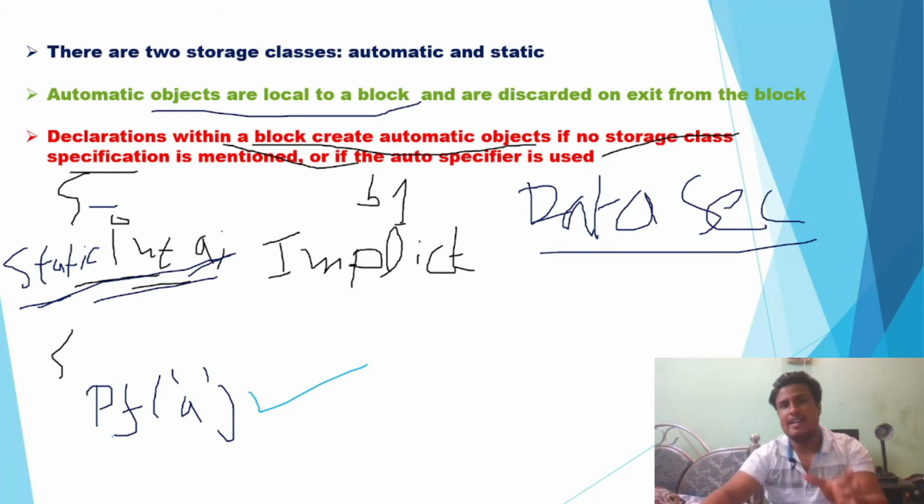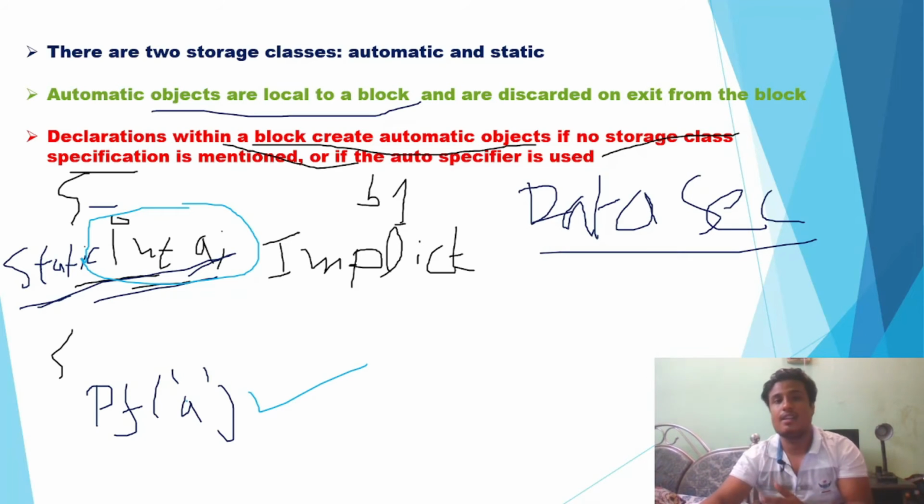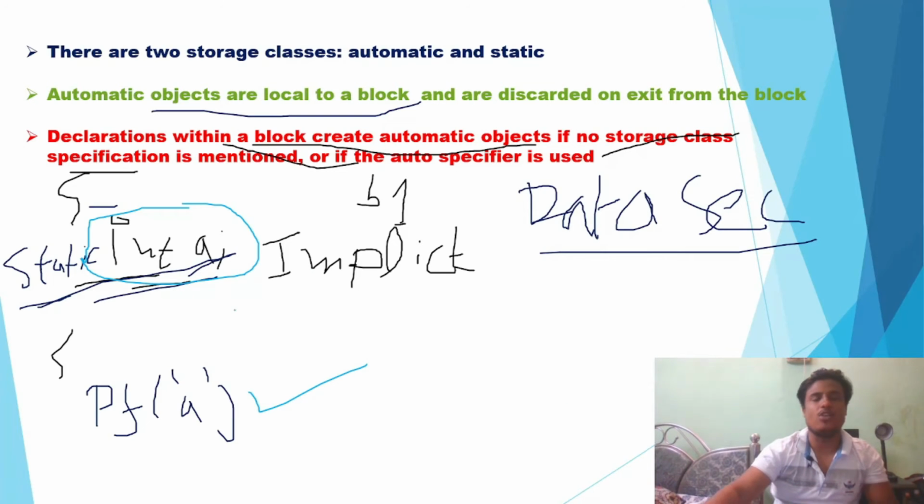Because of that, it is not declared in the stack itself. Whenever the block ends and is popped out, the variable is not declared inside the stack, because with the static keyword it is declared in the data section. Because of that, its value remains throughout the entire program, which we'll see after some time. Hope it is clear. If not, I will make a separate video with a coding example, so you can watch it there.